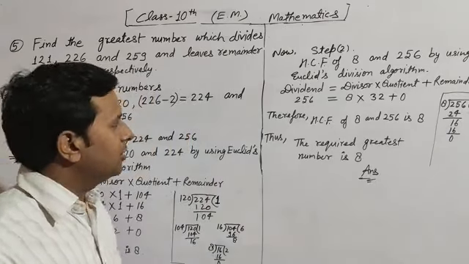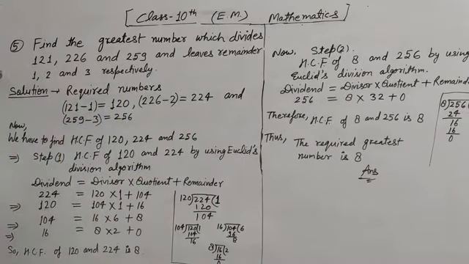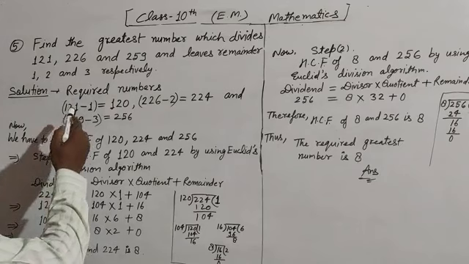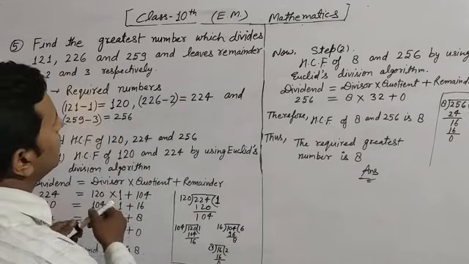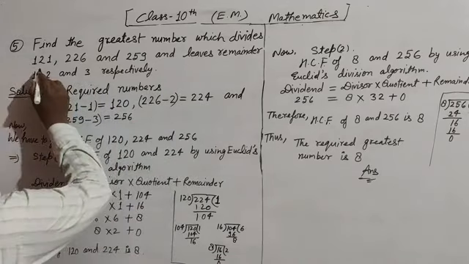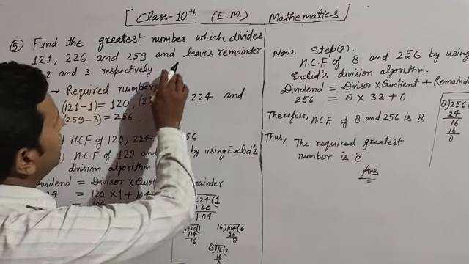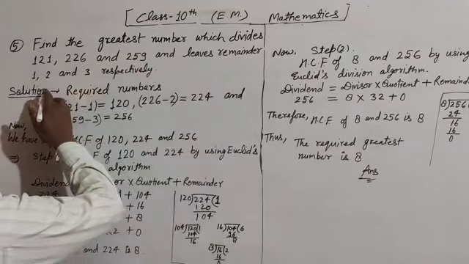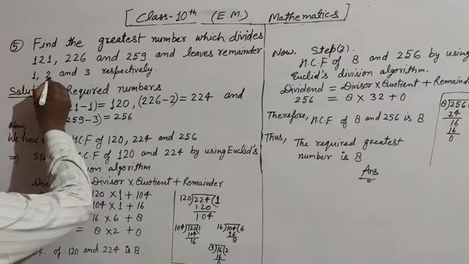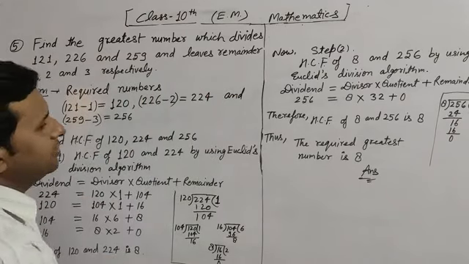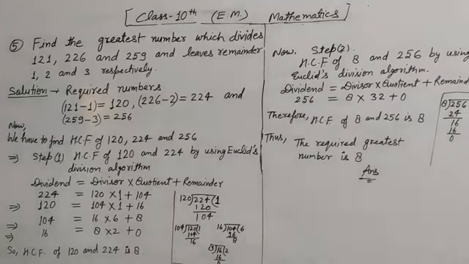We see our next question, question number 5. Find the greatest number which divides 121, 226 and 259 and leaves remainder 1, 2 and 3 respectively. It means,